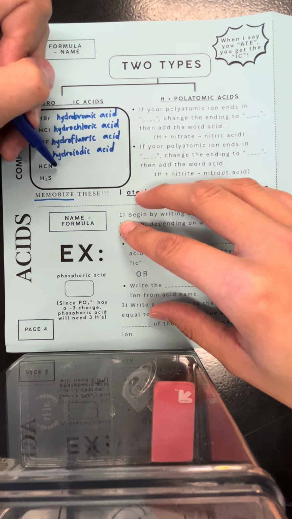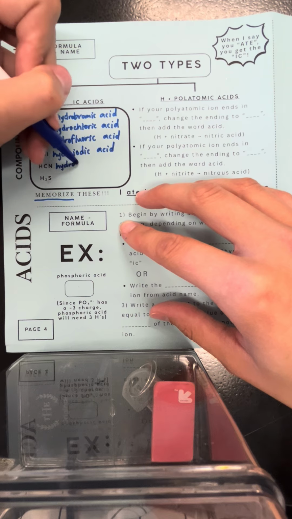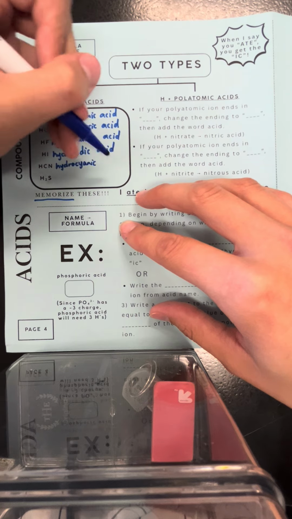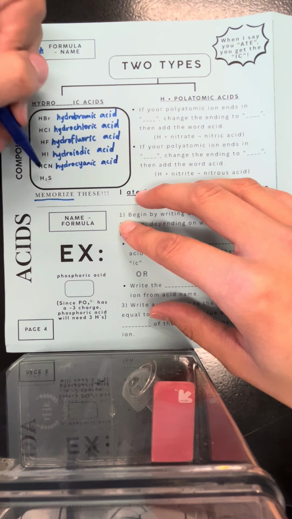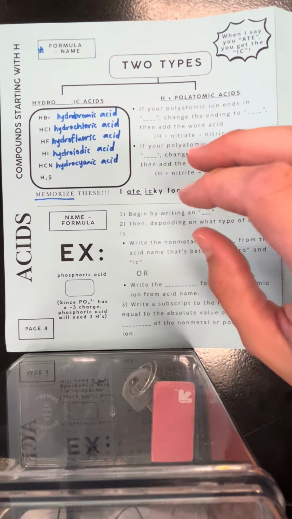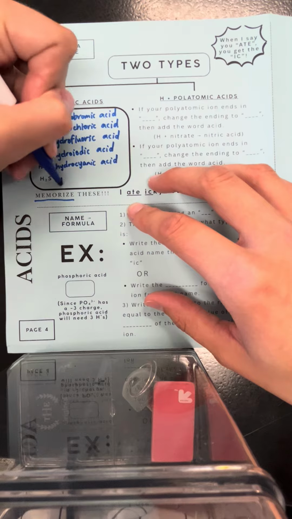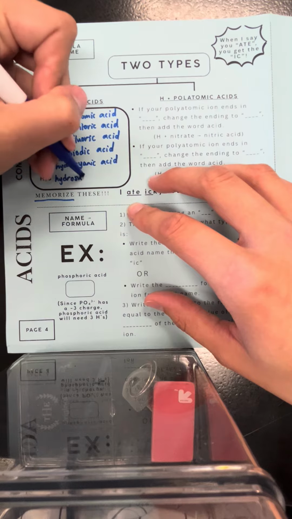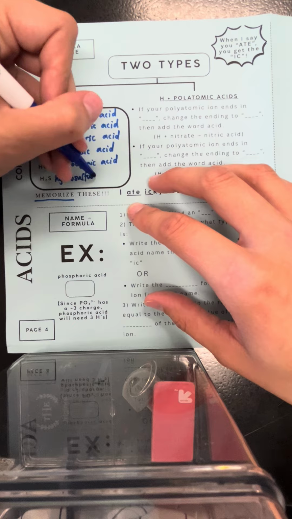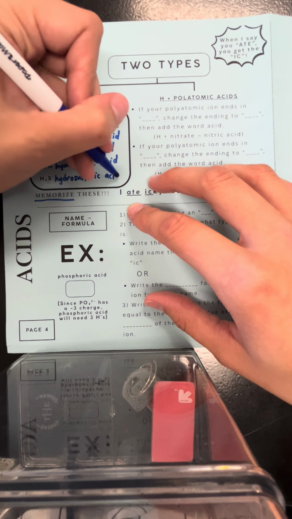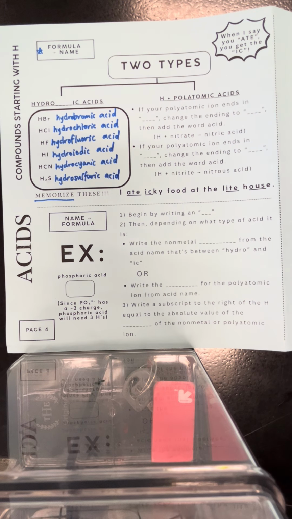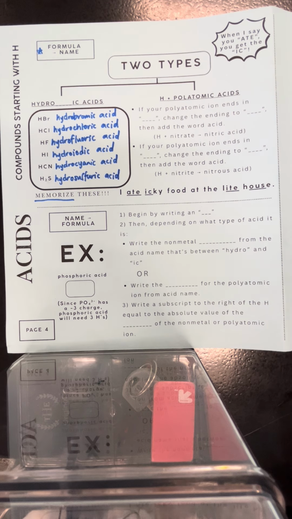The next one is hydrocyanic acid. That CN is called cyanide, so hydrocyanic acid. And then finally, H2S would be hydrosulfuric acid. So, guys, I'm telling you right now, you need to memorize those 6 hydro acids. Anytime you see HF, you should know it is hydrofluoric acid. All right, but you aren't always going to have those 6